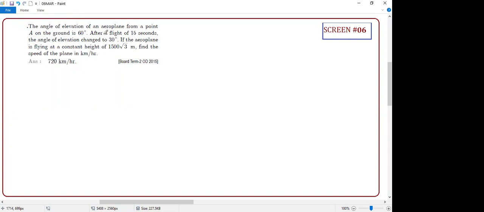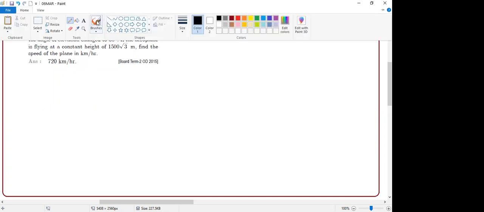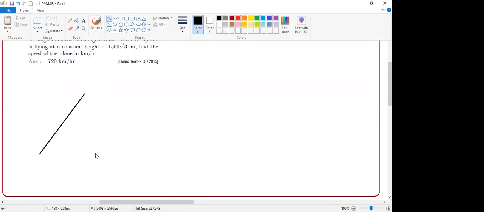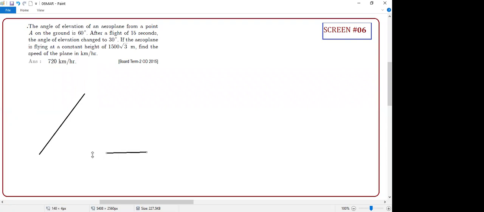So, the angle of elevation of the aeroplane from a point on the ground. Guys, the same story is coming now. Instead of a bird, it is an aeroplane, right, sir? Yes, that's what my keyword is, student: observer and object. So the observer is here, the object is there. That's all. Okay, this is the ground.